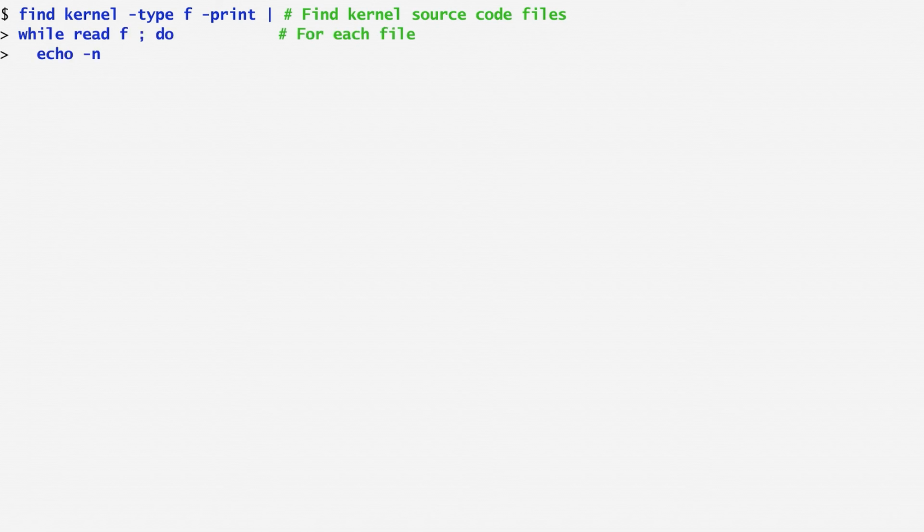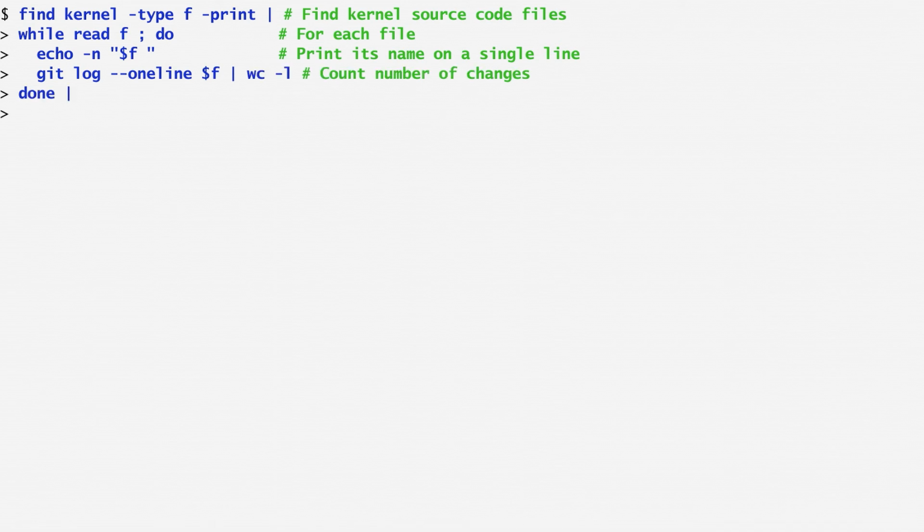For each file, I echo its path on a single line. I don't specify a new line after the name because I want to append the number of changes. To calculate the changes, I run git log using the one-line format. I then pipe the output to wc to count the lines. Thus, the number of lines returned by git log corresponds to the number of changes.